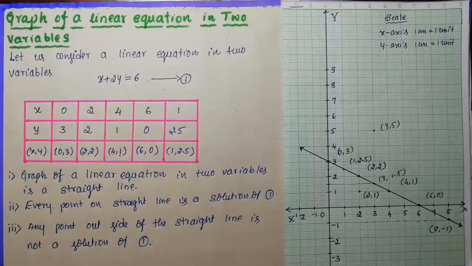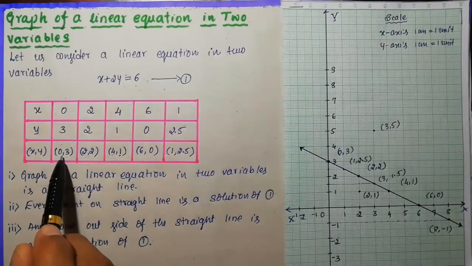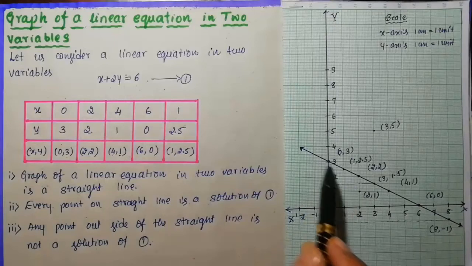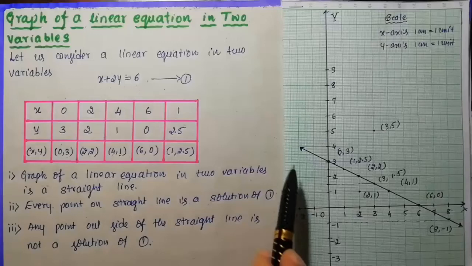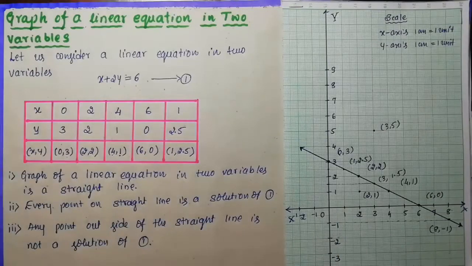And you have to write this as it is in your notebook. There's no necessity to write these points, 8 comma -1, 3 comma 5, 2 comma 1. Just write these 5 points and the straight line graph, and it will be enough. Only for understanding purposes I'm going to write some more points in the graph sheet. Don't write extra points, just write these points and the graph.